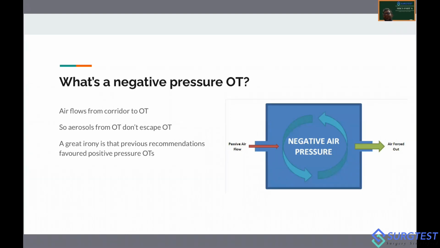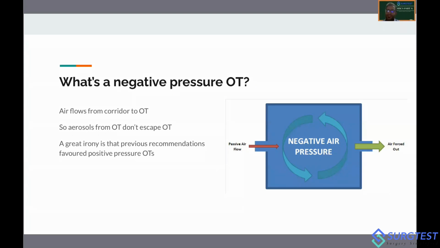The great irony here is that previous recommendations in the pre-pandemic era all favored positive pressure OTs because they wanted pathogens not to come from outside into the OT. Here, the major concentration of pathogens is expected to be in the OT. So you have a negative pressure OT where the airflow is continuous. The passive airflow comes in from the corridor into the OT, and the air in the OT is pushed out